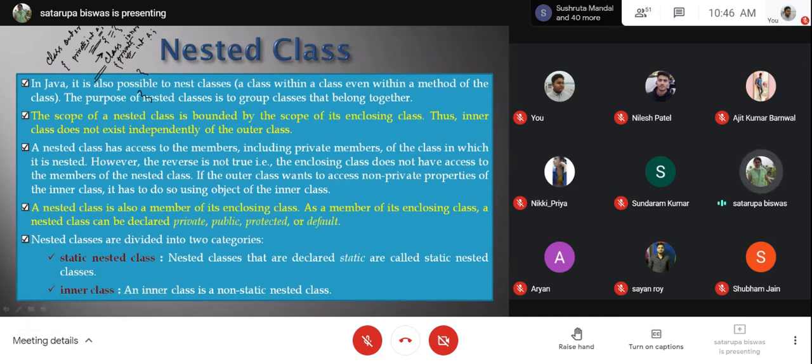It can be private, it can be public, it can be protected, it can be default access. It is exactly like the other members present inside the class. Nested classes are divided into two categories: static nested class, where you declare the class as static, and non-static nested class, or inner class.